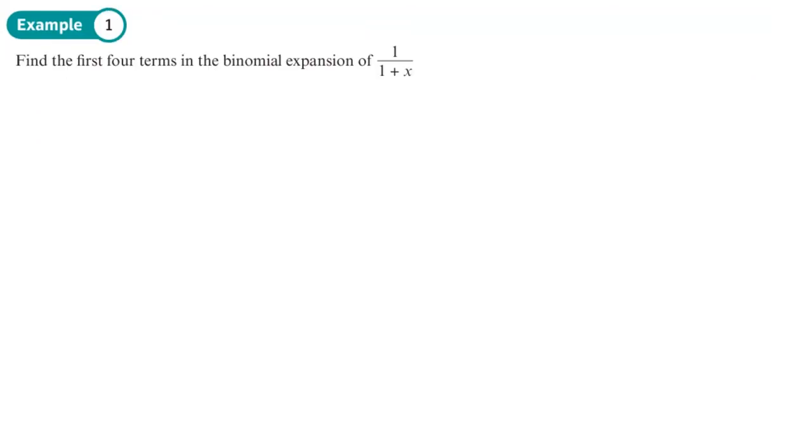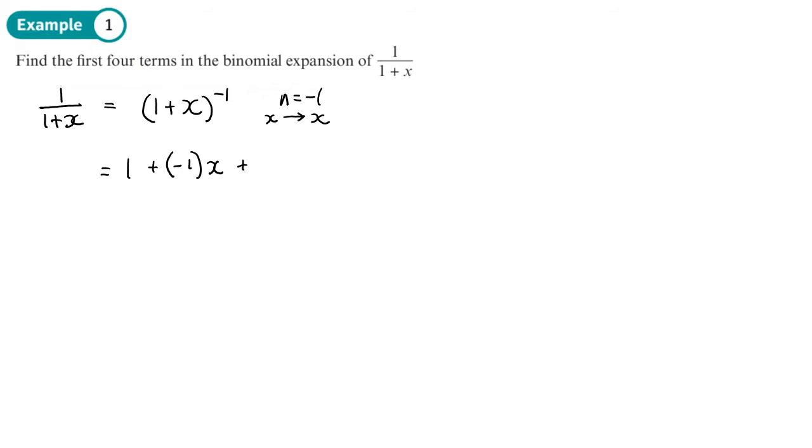Here we just write it in the form that we are used to. So let's write 1 over 1 plus x. We'll write that as 1 plus x to the power negative 1. Okay, so we're going to do the expansion of that. So the expansion is 1 plus nx. Now here n is negative 1, and the x that's in the brackets is just going to be x in our expansion. So 1 plus nx, negative 1 x,